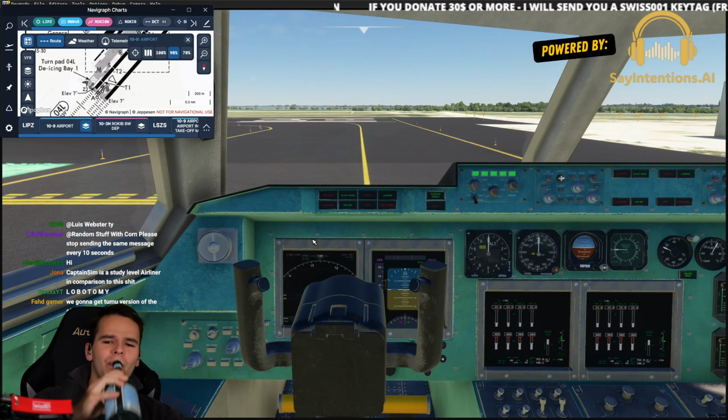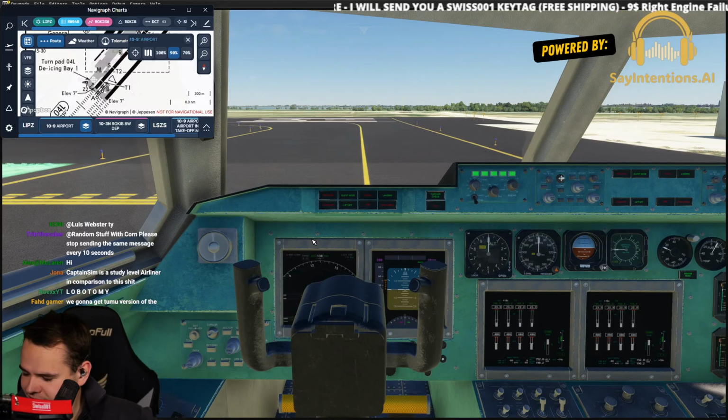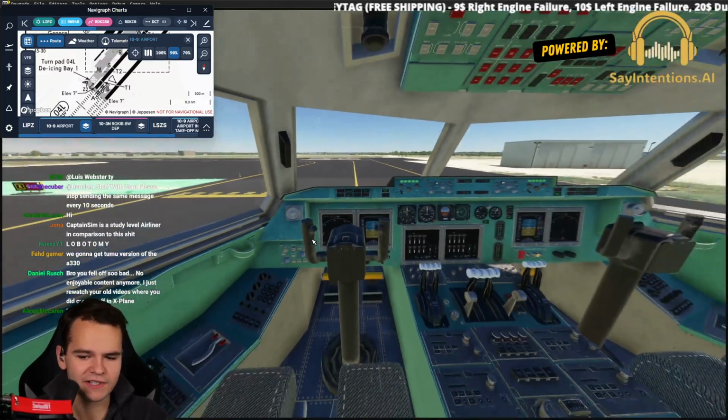Ragebait 1, runway 04 right, winds 125 at 3, cleared for takeoff. Cleared for takeoff, runway 04 right,